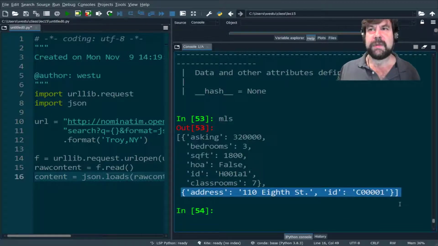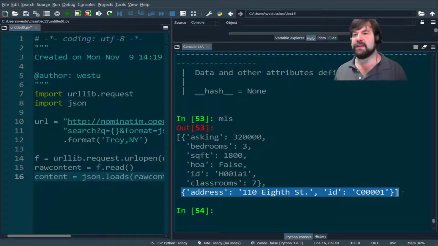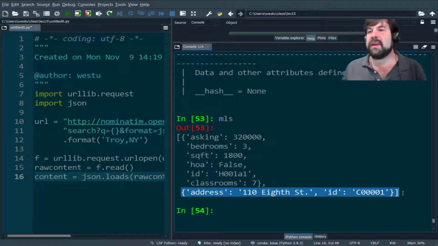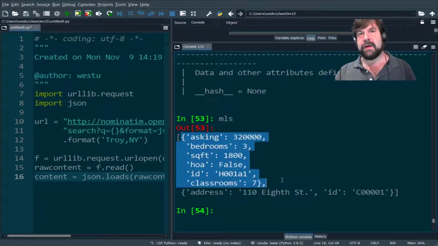So this ability to associate data and then methods that operate on the data is at the heart of object-oriented design concepts. You have data, the stuff you're stuffing into your list, and then you have methods that allow you to act on that data in an intuitive or abstract kind of way. So for a list, we have data, which is the members of the list, in this case two dictionaries. And then we have things like